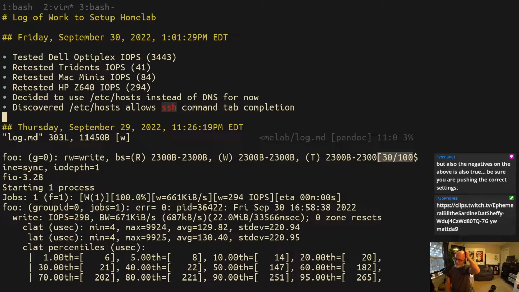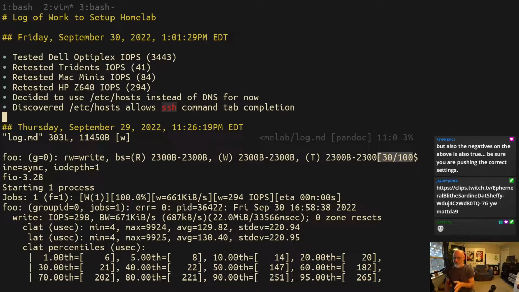So, Homelab is tough because on the one hand, you want it to be easy to use because it's your Homelab and you don't have a team. And on the other hand, you also don't want to make too many shortcuts because then you're defeating the purpose of a Homelab, primary purpose for me anyway, which is to learn. So, I think setting up a DNS server is something we should all do. Speaking of DNS,